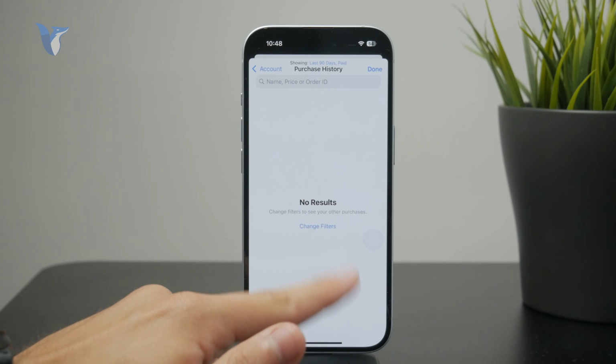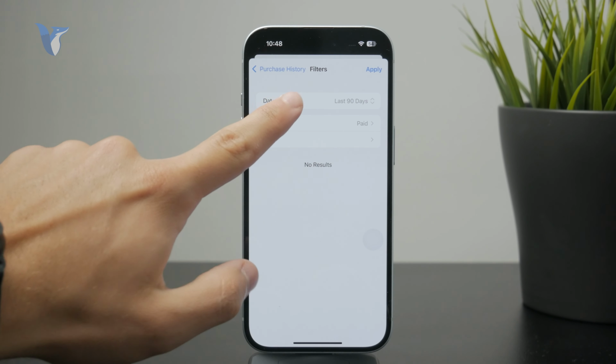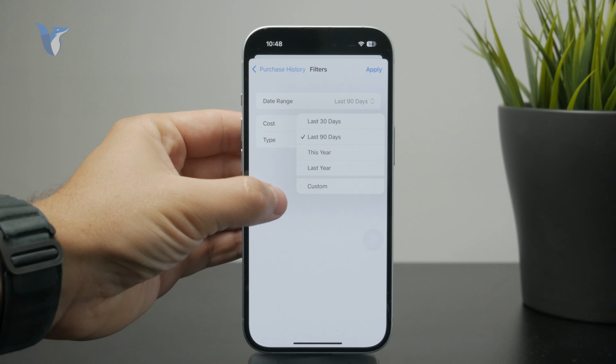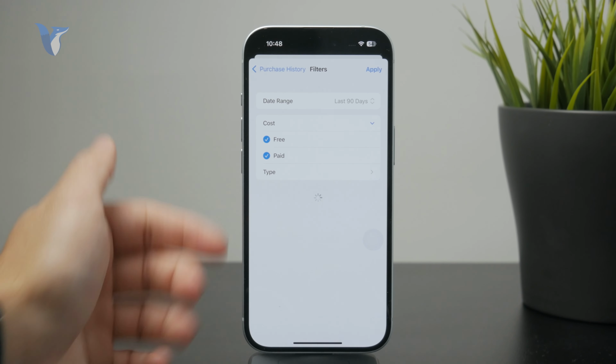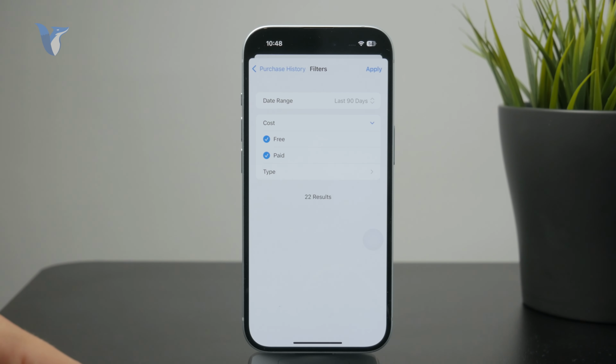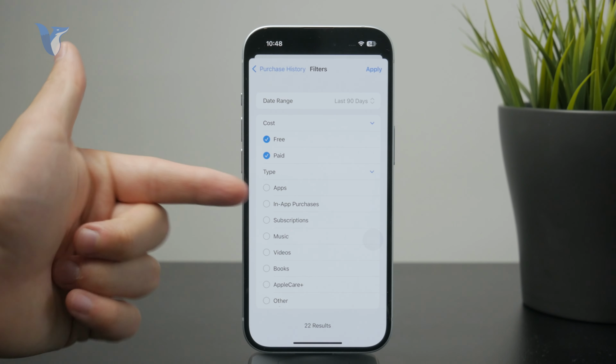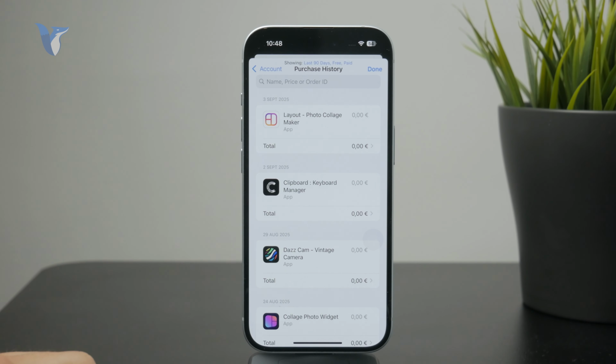So it can be like custom, last year, 30 days, whatever, and then choose the cost. So you can see the history of free downloads as well as paid, right? You can also choose like in-app purchases and subscriptions and like apps, games, whatever. And when you apply these filters, you'll be able to see what are the things which you purchased even for